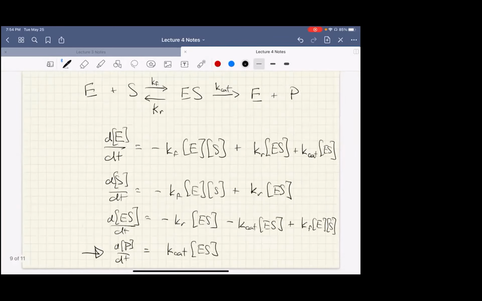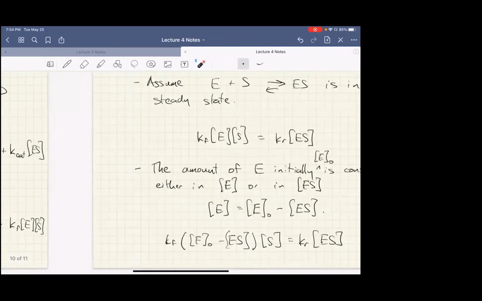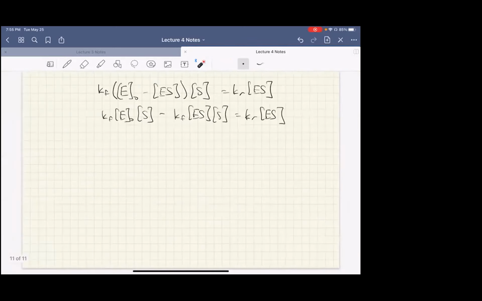What we're interested in, remember, is the rate at which the product is produced. To do that, I need ES right here. I multiply by kcat. Come back here. Basically what I have to do here is solve everything for ES, and that's pretty easy. I just take this guy over here and I divide through. So basically I'm going to take this guy over here and divide, take out ES and